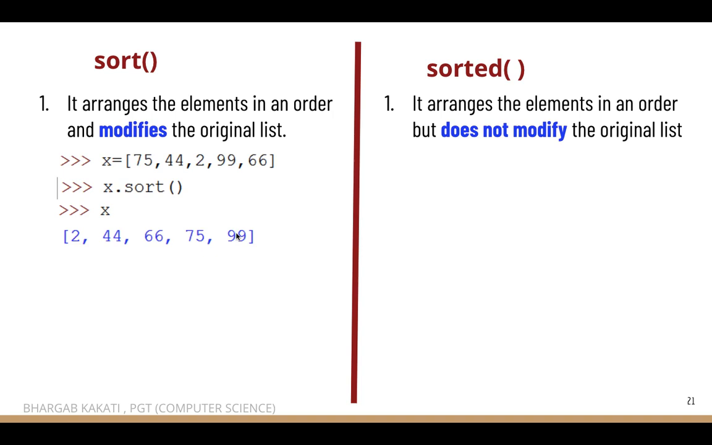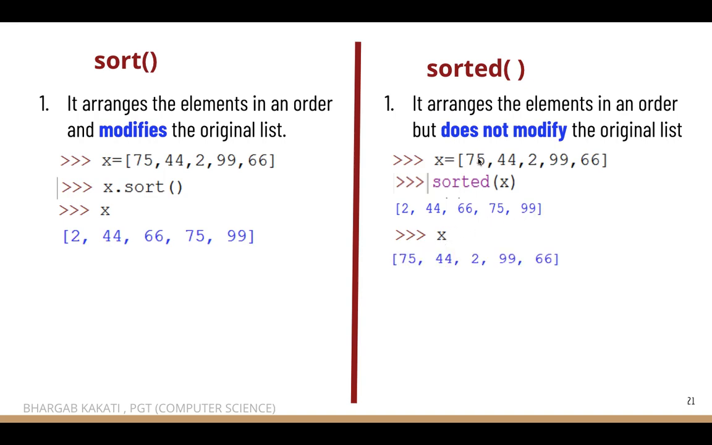But in case of sorted, it arranges the elements in an order but does not modify the original list. So I am taking the same list. If I type in sorted X, it will be displayed. The list will be sorted and it will be displayed. But if I type in X, the original list will remain as it is, because sorted function does not modify the original list. Sort function does not return the result, but